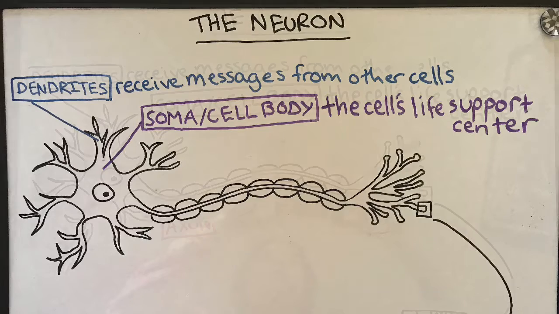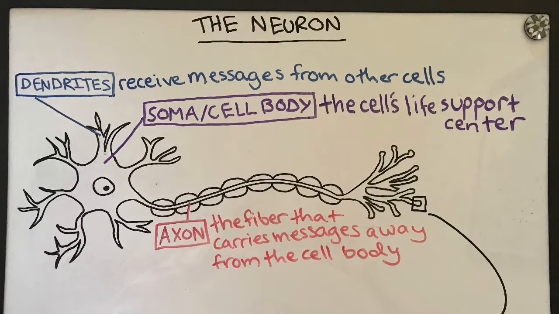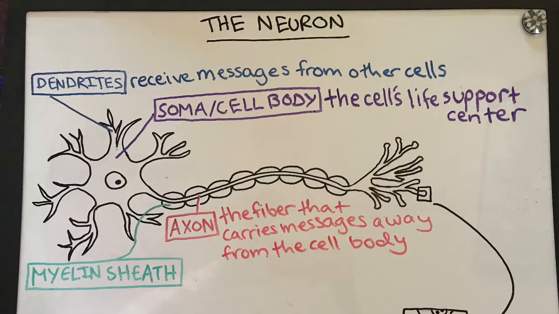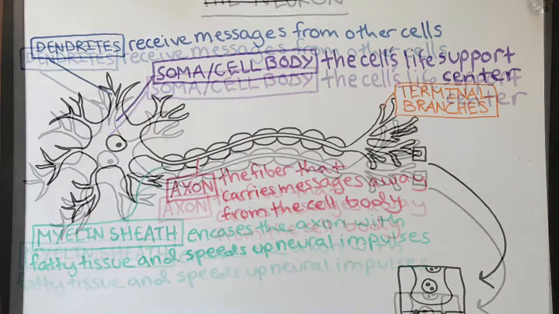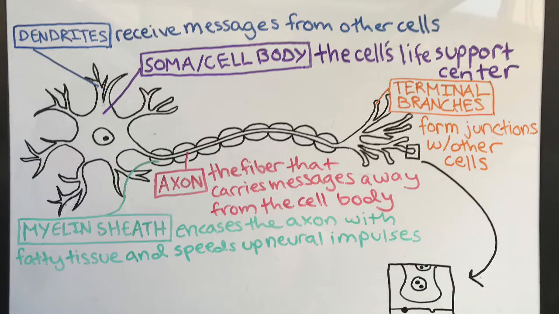Dendrites send impulses down to the soma, which then sends its own impulses down the axon, and the axon is the fiber that carries messages away from the cell body. Next we have the myelin sheath, which sometimes covers the axon with a layer of fatty tissue and speeds up neural impulses. Lastly, we have the terminal branches, or terminal buttons, and these form junctions with other cells and release